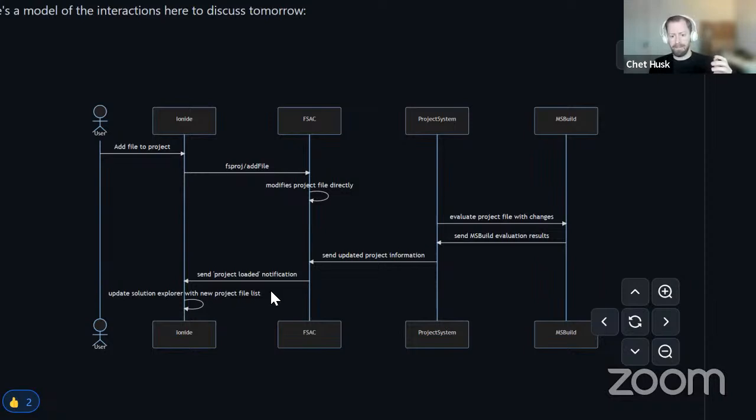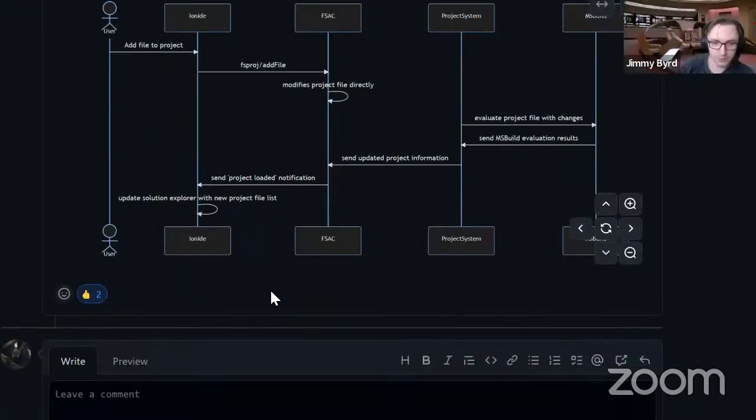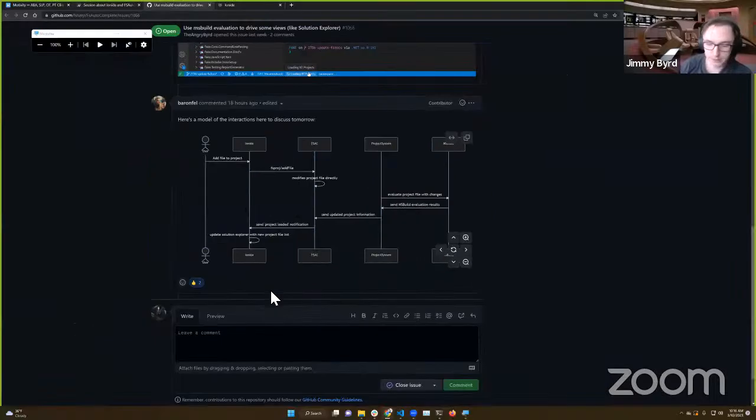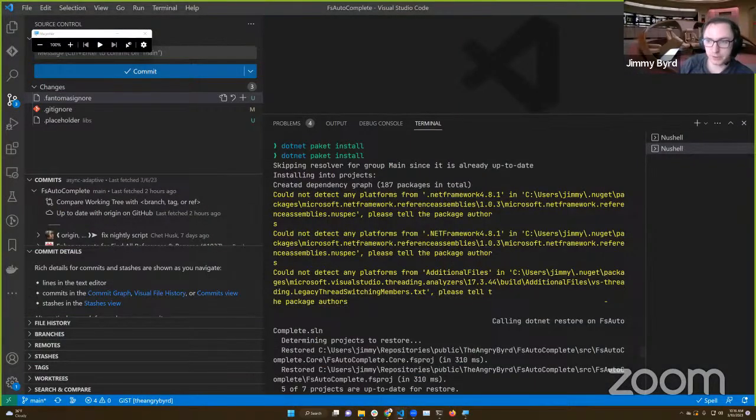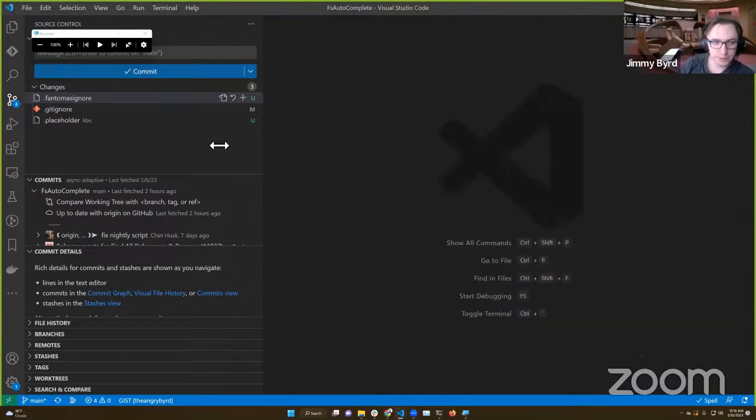Now, this flow that I just talked about has an asterisk on it because it only works for one of the language server implementations in FSAutocomplete. Jimmy, do you want to talk about the distinction between adaptive and normal? Yep. So let's go do that. A little while ago, I started working on specifically something called the adaptive LSP server.